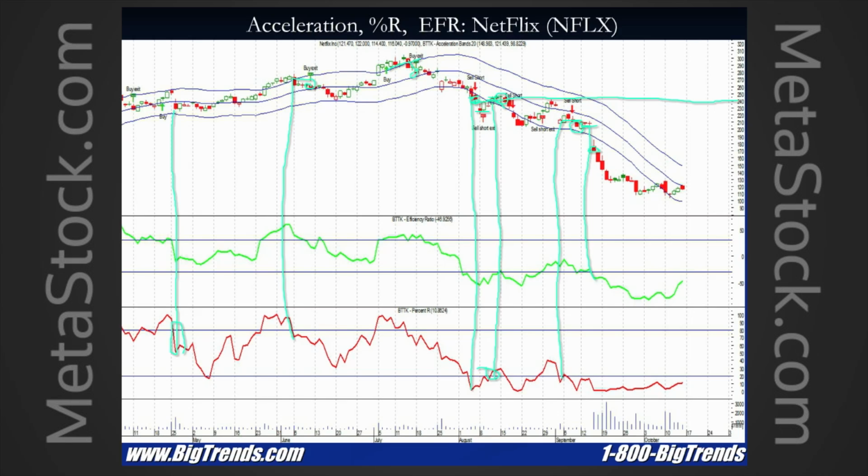The beauty of the MetaStock platform as a whole and our Big Trends Toolkit plugin and add-on for this is that we're systematically taking our emotions out of the market. If you go back and look at the worst trades I ever did, they were trades that I could have exited and kept my loss small, but for whatever reason, I let my emotion override it and I rode it out to a bigger loss